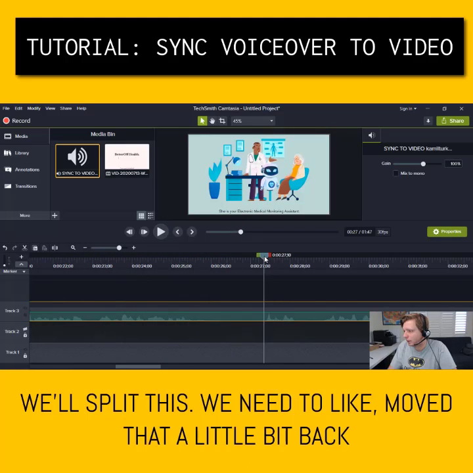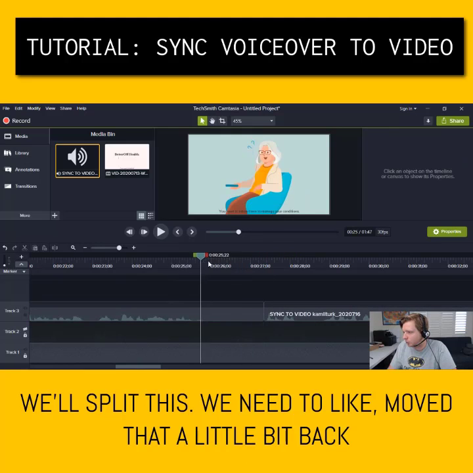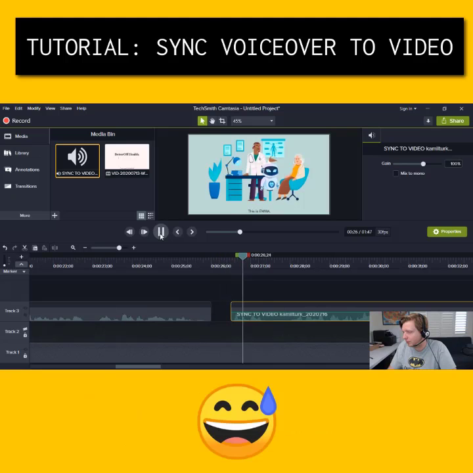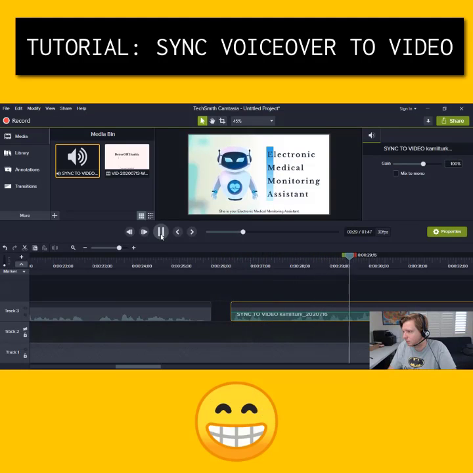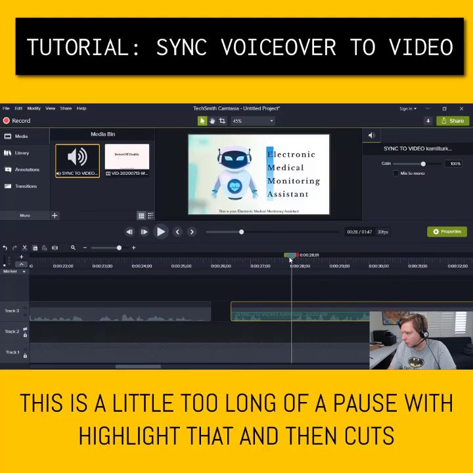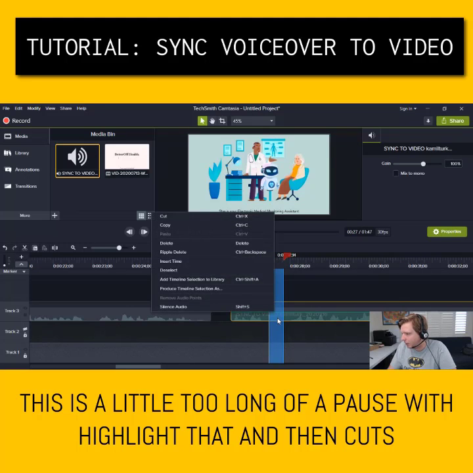This is okay, and then we'll split this because we need to move that a little bit back. This is Emma. She is your electronic medical monitoring assistant. So with this, it's a little too long of a pause. We highlight that and then